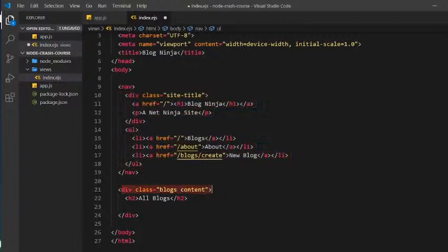And then under that, we have this div right here with a class of blogs and also a class of content, again, so we can style this later on. And then finally, an H2 inside that says all blogs. So ultimately, all of our blogs are going to go underneath here, and that's going to be the dynamic stuff that we do in this template file later on. For now, let me just save this and show you how we actually serve this up to a browser as